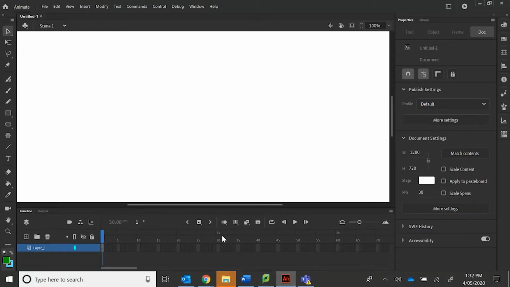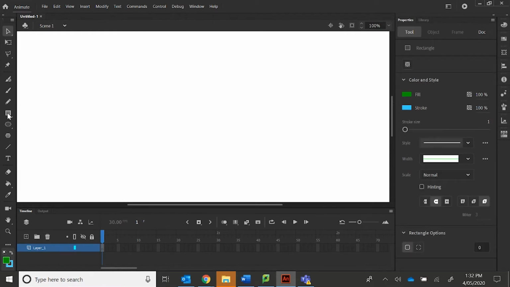In this video, we're looking at how to use the shape tools and line tools within Adobe Animate. So the first shape we're looking at is the rectangle tool. There are two modes it comes in, the rectangle tool and rectangle primitive. So firstly, if we just draw the rectangle tool on there,